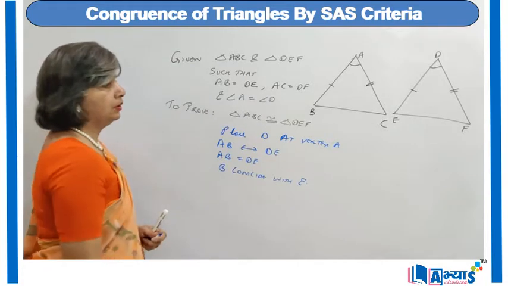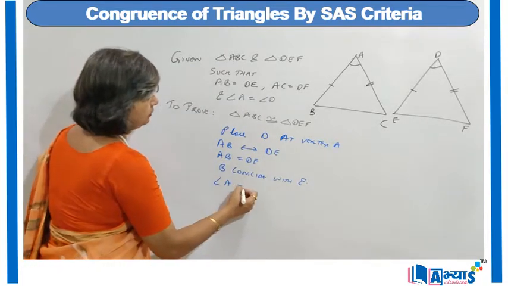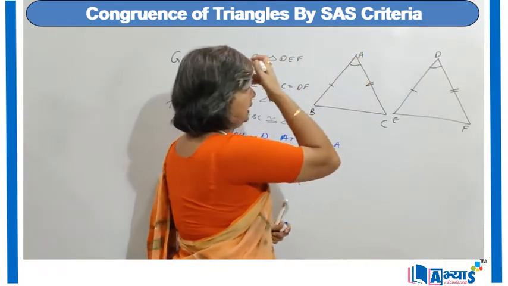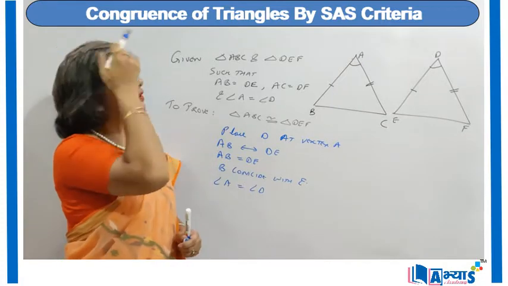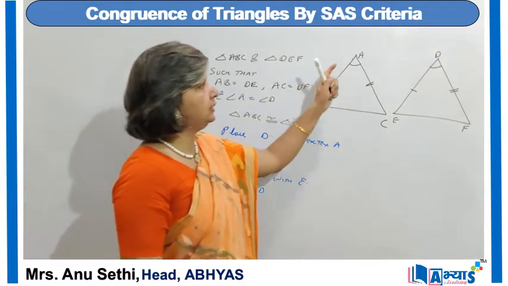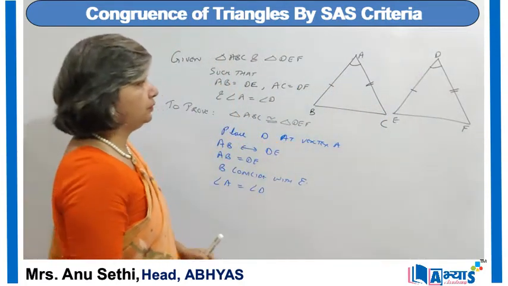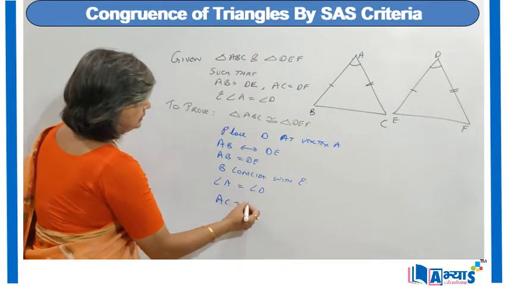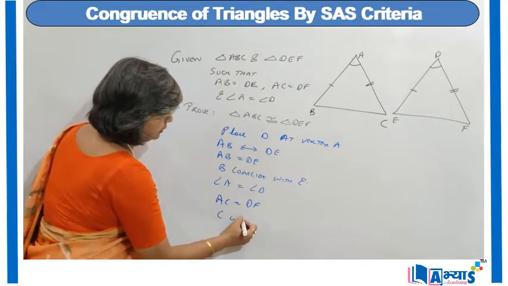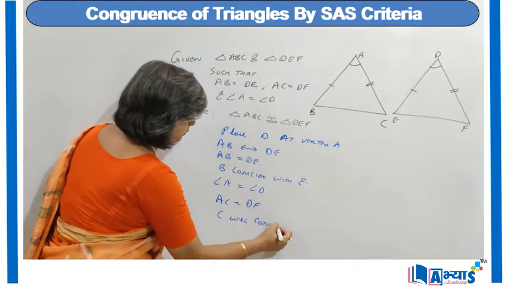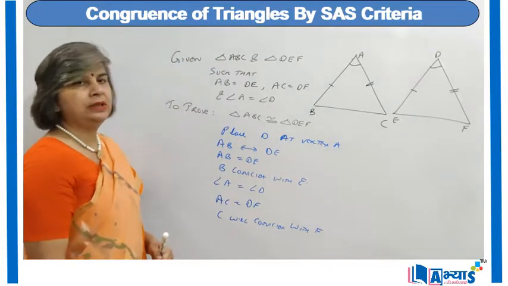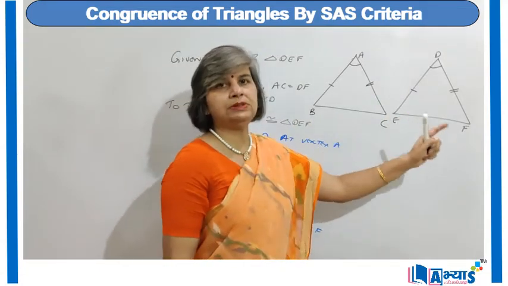E. Now as we know that angle A is equal to angle D, so when we place the vertex D on vertex A and align the side DF with AC, we will see that as angle A is equal to angle D, the lines AC and DF will coincide, and we know that as AC is equal to DF, it has been given to us, so C will coincide with F. Now we see that B coincides with E and C coincides with F.